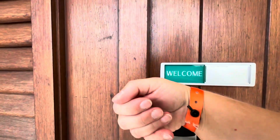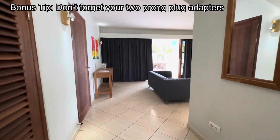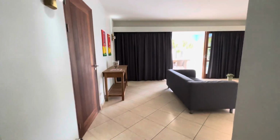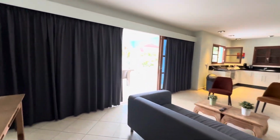When you walk in, there's a utility closet directly on your left. This had a broom, a dustpan, and a drying rack for any of your wet clothing. That mirror on the right was actually awesome because, as I'll explain here in a second, it's the only one I could actually use within the suite. Here is a quick glimpse of our living room and kitchen setup, but I'm going to start with the master